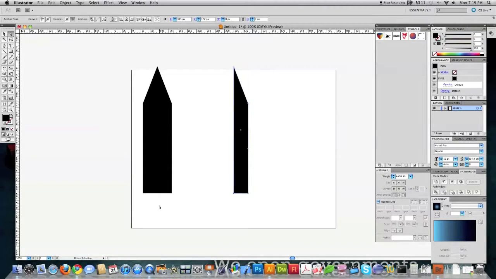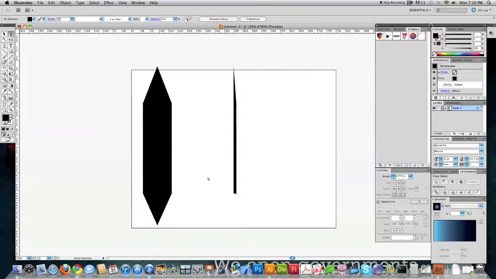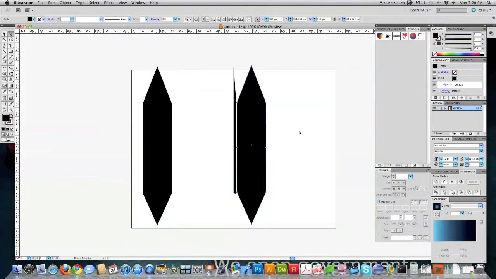I'm also going to come in here, grab this path with the direct selection tool, and this is going to be the basis of what I'm going to use to create a snowflake type design. This is kind of a quick and dirty snowflake, but it's going to teach a whole bunch of different things. So then I'm going to come in here with the direct selection tool and shrink this one down, right like that. And then I'm going to take this guy, copy paste, shrink this guy down,